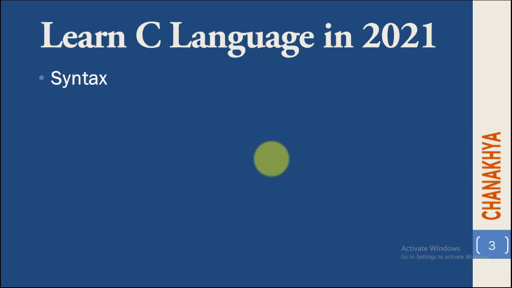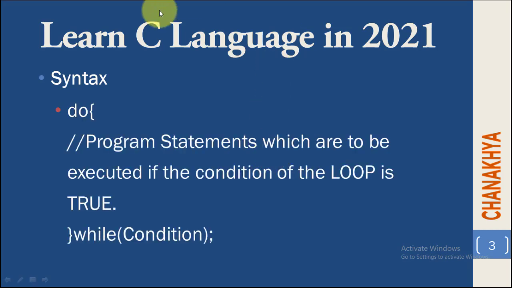So here we have to understand the syntax of the do while loop. A do while loop is written this way. First we write the do, then we write the body of the do while, and then we close the brace, and then we write the while, and here we set the condition. So what happens is it will first execute this body, and after executing the body once it will check the condition, whereas in the while case it will first check the condition and then execute the body.